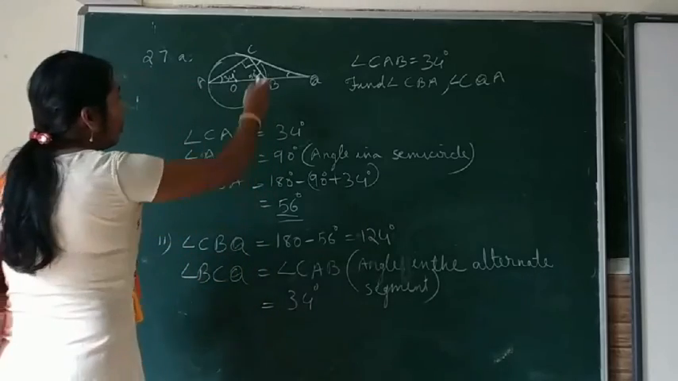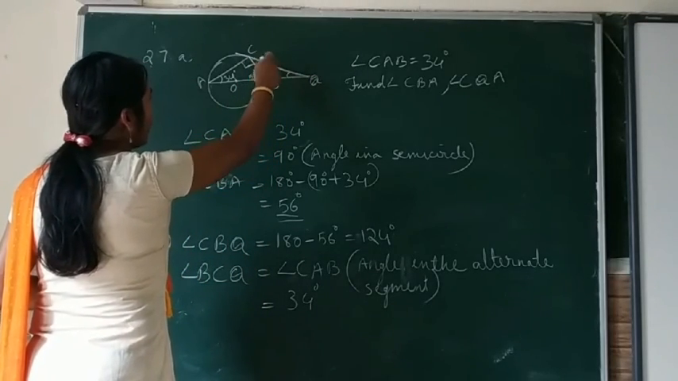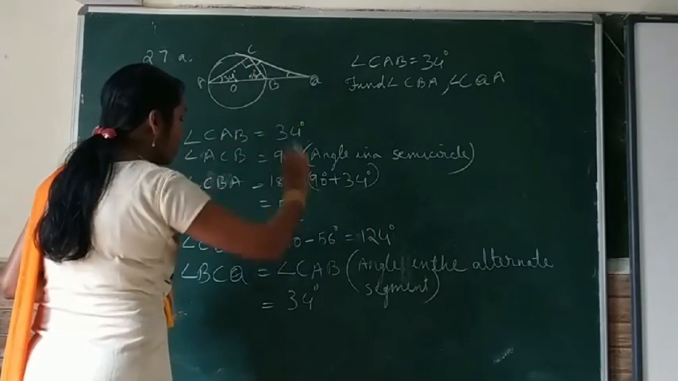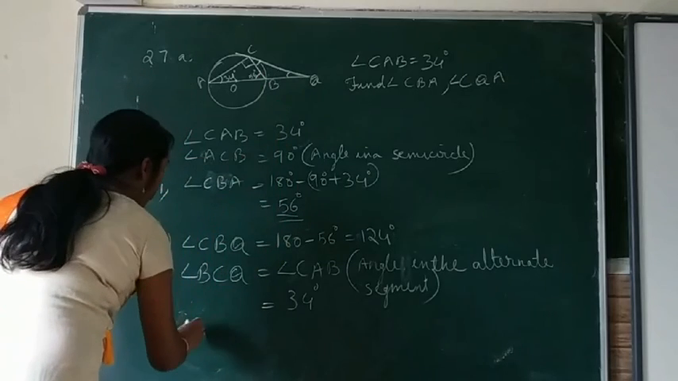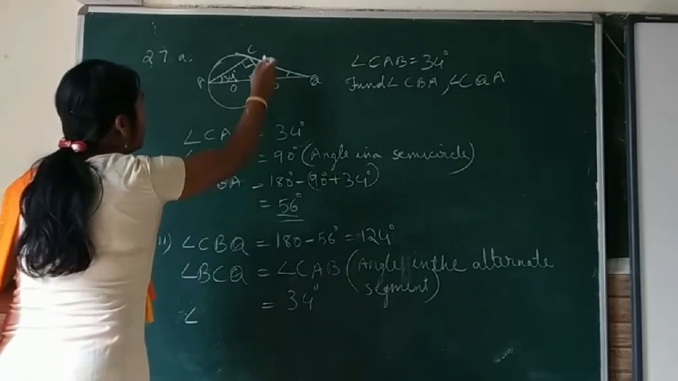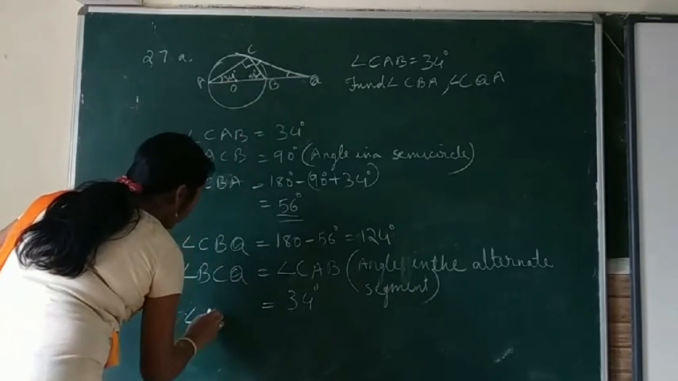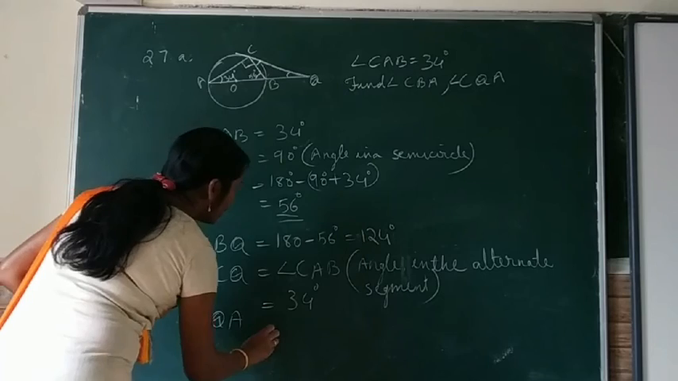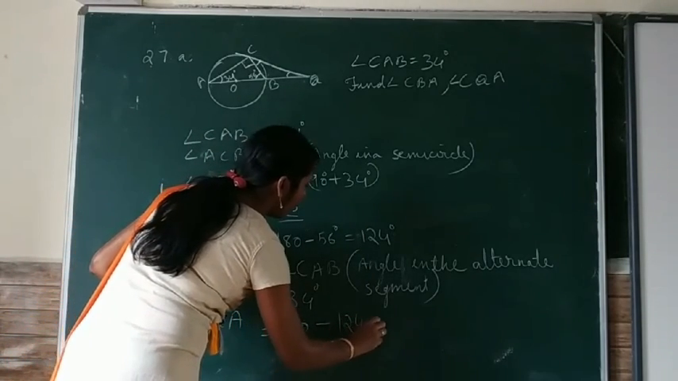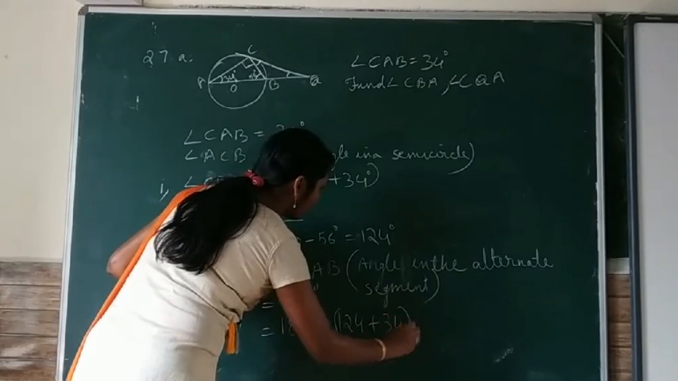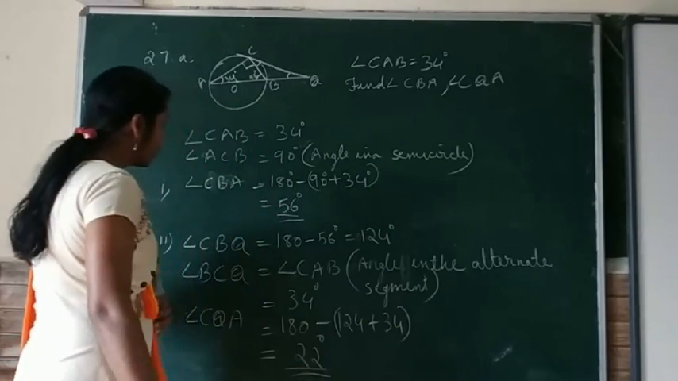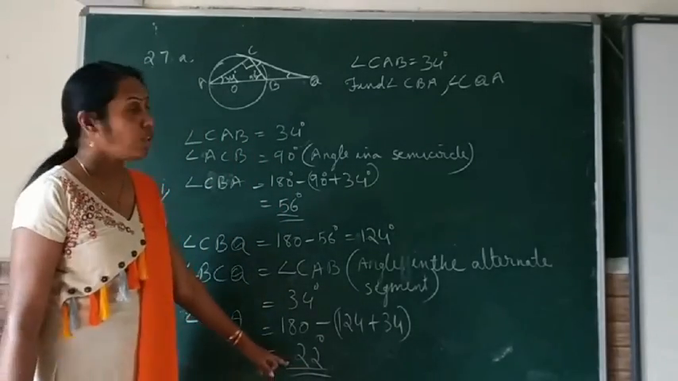Now, in the triangle CBQ we have got two angles. Angle CBQ is 124 degrees and angle BCQ is 34 degrees. We can obtain angle CQB, or CQA. CQA is equal to 180 minus (124 plus 34). That is equal to 22 degrees. So, angle CQA is 22 degrees and we have already got angle